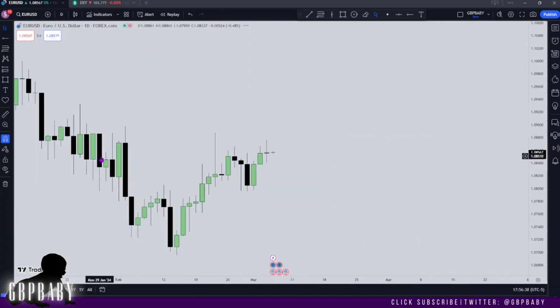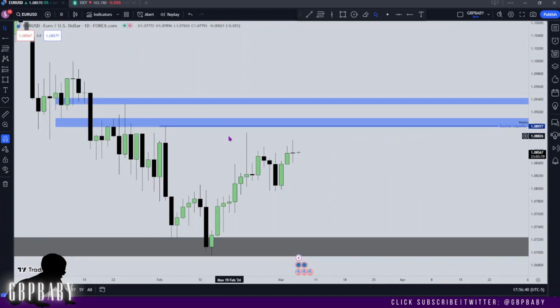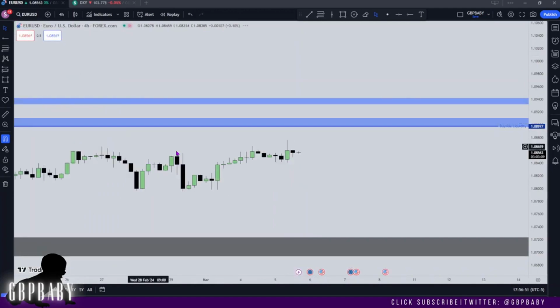If we drop down to the daily, it'll become a lot more clear. So we've got relative highs above here and here. I do believe Wednesday, again, if I'm expecting lower dollar, we should anticipate a continued push on Euro to run into that implied fair value gap. Now, if we go to the 4 hour,